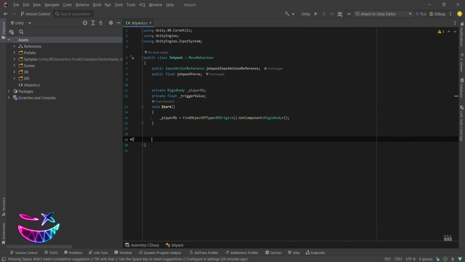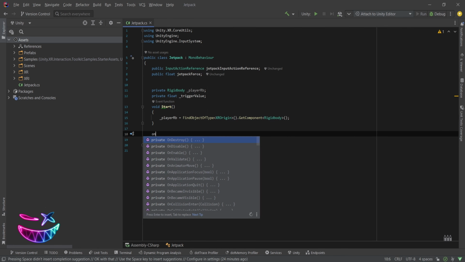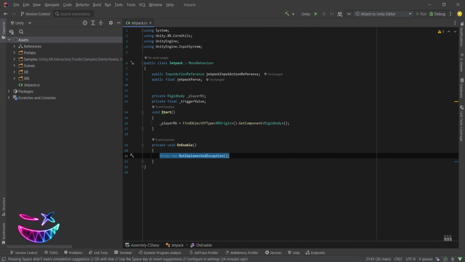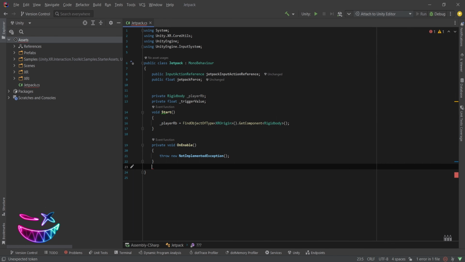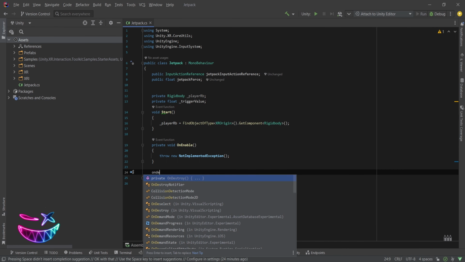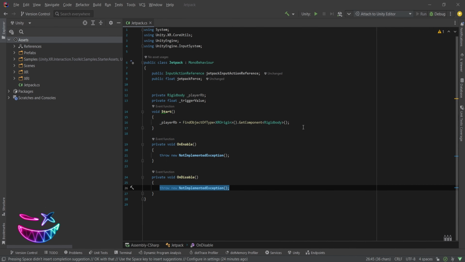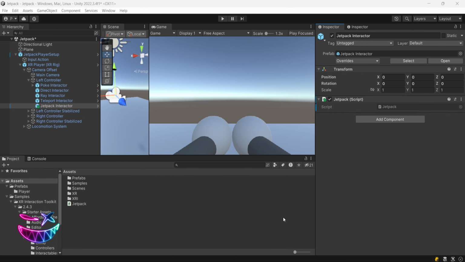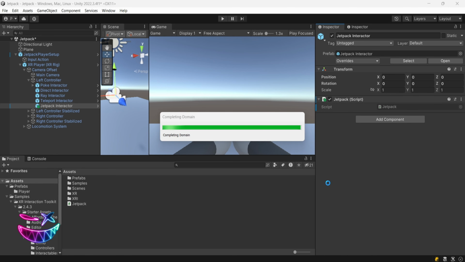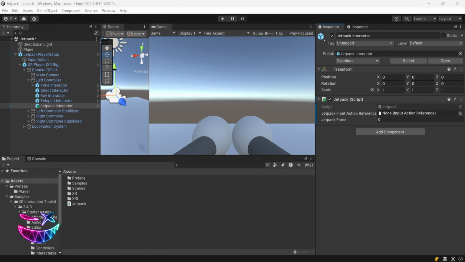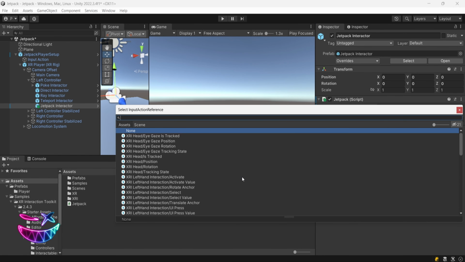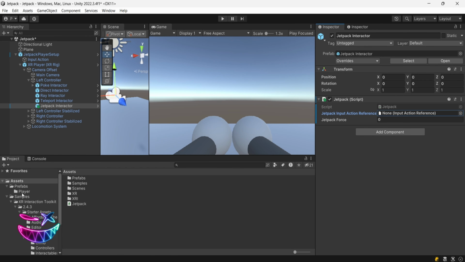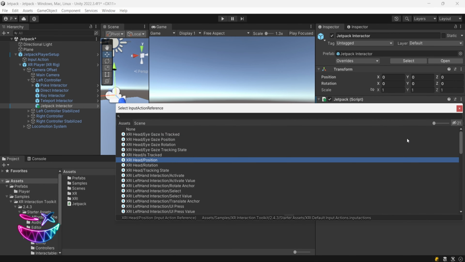There we go. So that's the time to add an action to this input action reference. So we have to go in OnEnable, I'm going to just assign, and in OnDisable, I'm just going to remove that action. There we go. And just before creating that function, go back to your Unity and wait for compiling. And then you see on the Jetpack input action, you can choose which action you want from the controller, you can choose anything from here,